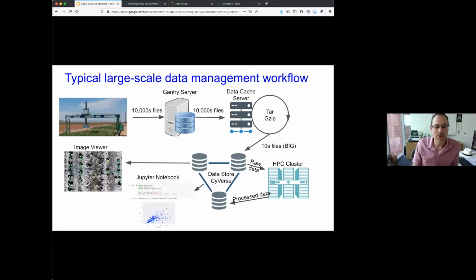But more importantly, we're extracting phenotype data from these images and other sensors. And so once we have done things such as quantify greenness and photosynthetic activity, canopy cover, even individual leaves, my